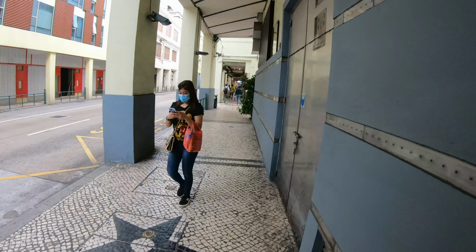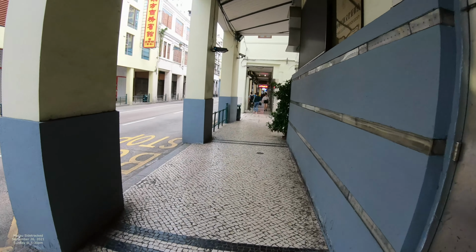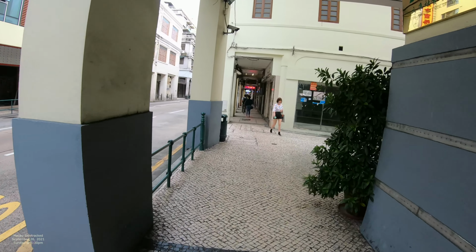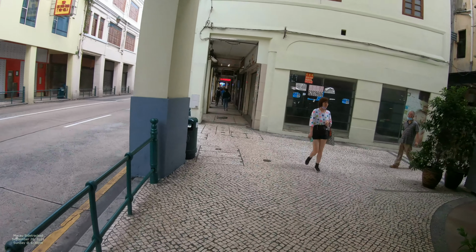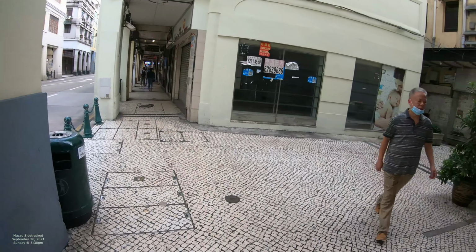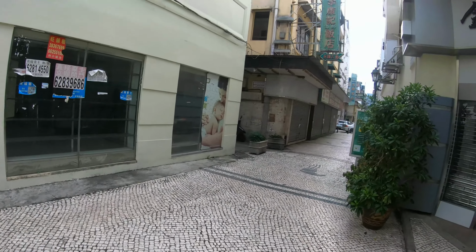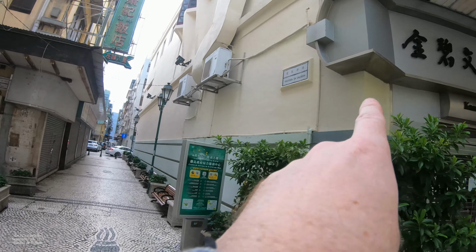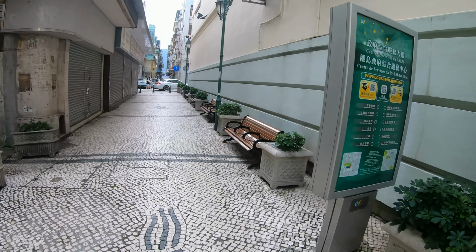So we're just gonna walk straight ahead, and this goes to Senado Square, San Malo, and we have lots of little plazas along the way. So we're probably gonna highlight some of those, including this one right here. Here's a little plaza, and these little plazas will have Caldeira, have little